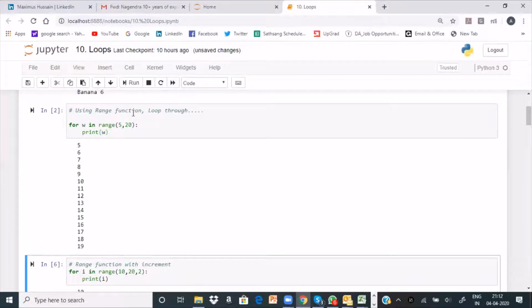Okay. So again, this code is the same, a similar kind of thing. Only the difference is I am defining an increment factor. Here I have not defined any increment factor. The moment the range function passes two values inside, automatically the increment factor is set as 1. But I want to set the increment factor here. I'm saying I want to look into this data from 10 to 20 with the increment factor 2.